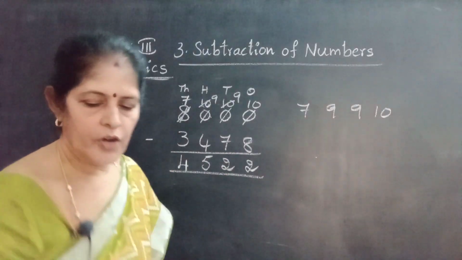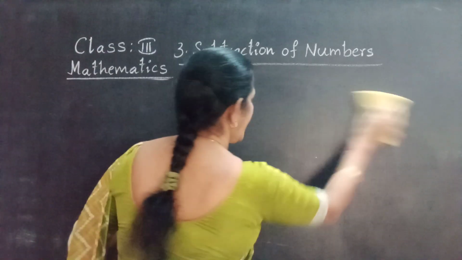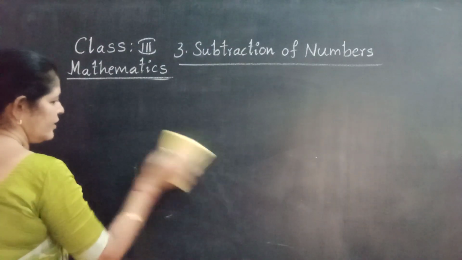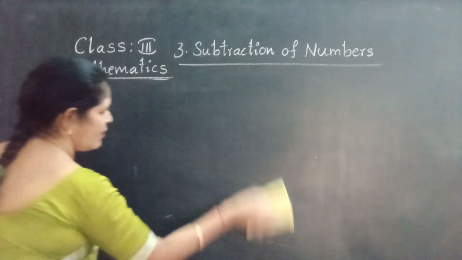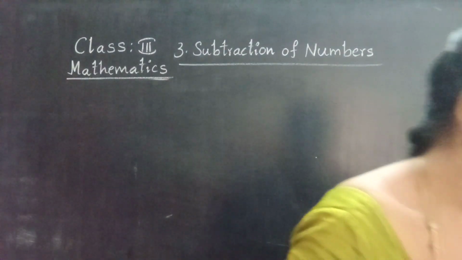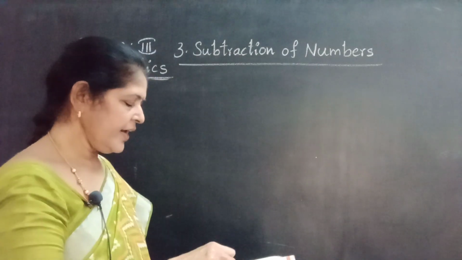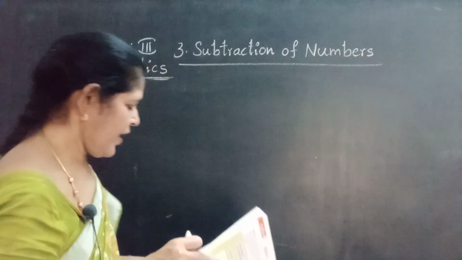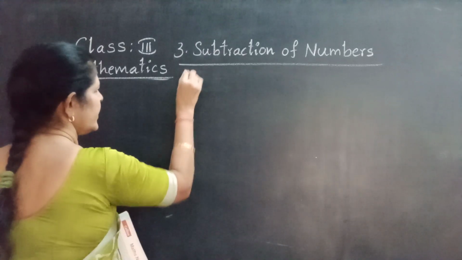Okay, now word problems with this 2 steps. That means addition and subtraction, or subtraction 2 times, or addition 2 times. Then previous class continuation. That is going to exercise 3D. Fifth one. Fourth one is completed. Exercise 3D.